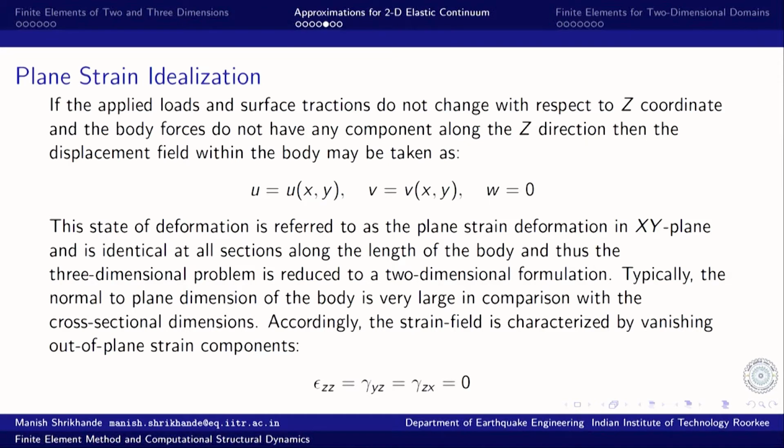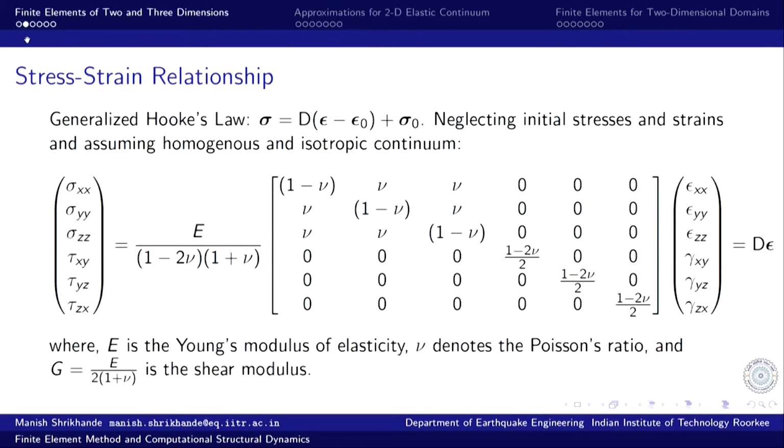Sigma zz will have some contribution coming from the other direct strains. So, epsilon xx and epsilon yy will contribute to sigma zz by virtue of Poisson's ratio. So, by no means does epsilon zz equal to 0 imply sigma zz is also 0. Nevertheless, once we substitute these 3 strain components to be 0 in our generalized Hooke's law,